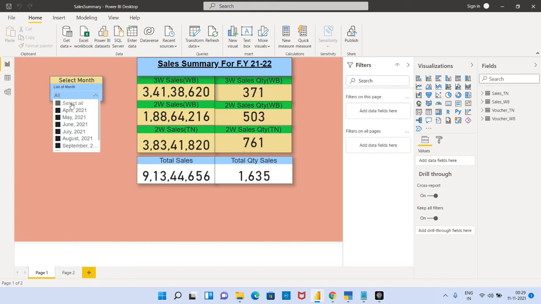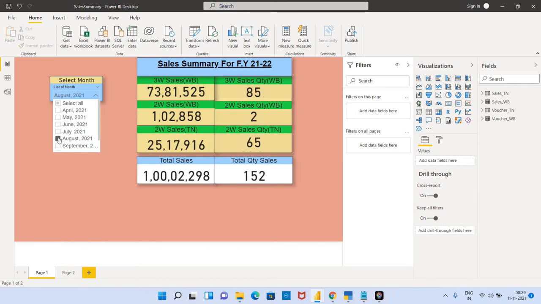Okay, so you can unselect all months and select just one month. I select the August month, and the dashboard is already updated for August sales. If I click September, then the sales amount and sales quantity as per September is displayed. Okay, so